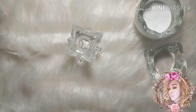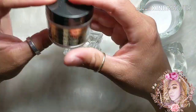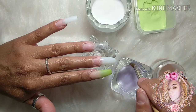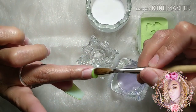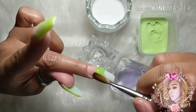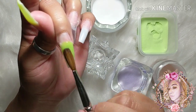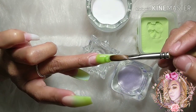Now I wanted to show you guys a little bit of the material that I'm going to be using. I am using the monomer from Max's Strata. I'm using the cover beige and the lemon green acrylic that I made myself. This is the first time that I am using Max's monomer, and I've heard a lot of good things about it, just as well as some not so great things. The bad things that I've heard were from a lot of people that want to purchase the Max's Strata